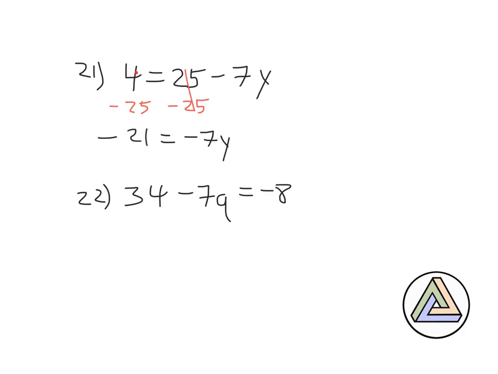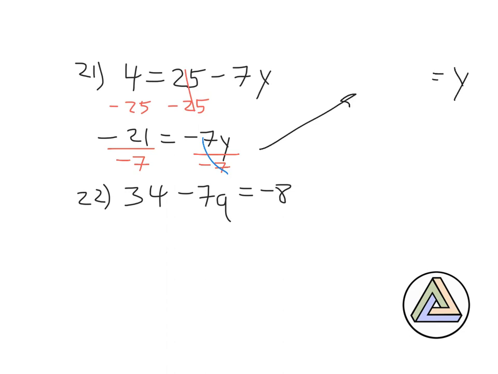Once again, we have a smaller number subtracting a larger number, so the result is going to be negative. Just write the negative symbol. Once you know that, then take the larger and subtract the smaller. 25 minus 4 is 21, but it's a negative 21. Okay? So then we have this y. We've got to get rid of that negative 7, so we're going to divide both sides by negative 7. Cancel, and that results in